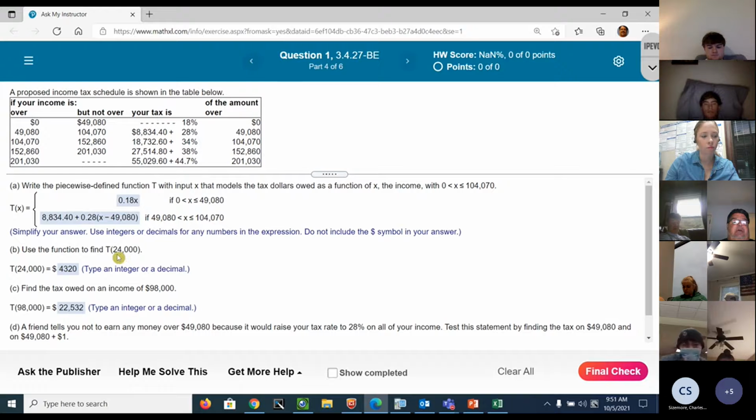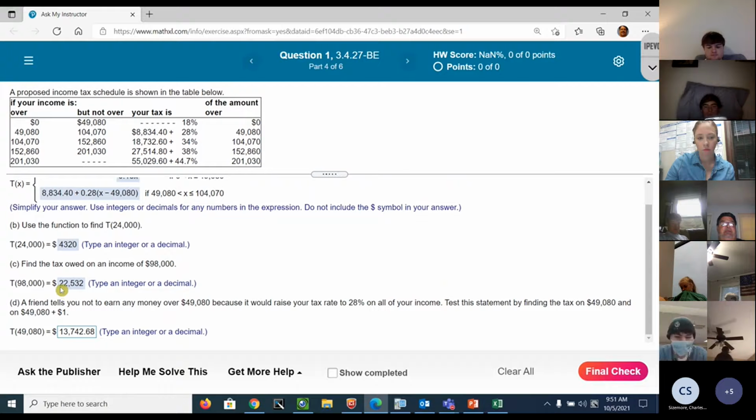Use the function to find t of 24,000. So plug 24,000 into the function, and 24,000 would be in this one because it's from 0 to 49,080. 24,000 falls in here. So it'd be 0.18 times 24,000. 98 would be the same. 98 would be, half of it would be in here and half of it would be here. So you would have to take,